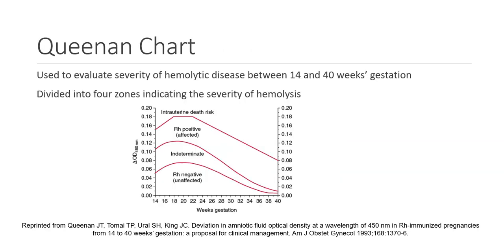This is a similar type chart. It's called the Queen Anne chart, which is new to me. And it's also used to evaluate the severity of hemolytic disease between 14 and 40 weeks gestation. And it divides it into 4 zones, indicating the severity of the hemolysis. So on the bottom we have unaffected. The second is indeterminate. We need to monitor, see if the bilirubin levels still go up. The third zone is Rh positive, definitely affected, so decisions need to be made. And then the top one is intrauterine death risk. So that would require some